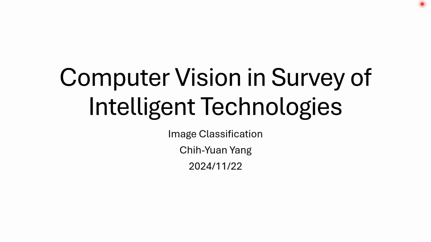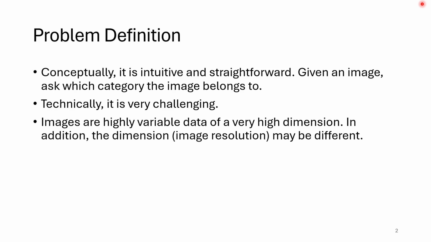And today I'm going to talk about a topic in computer vision, that is image classification. So let's talk about the problem definition. Image classification is for us very intuitive and straightforward. Given an image, we want to know, if there are several predefined classes, which class the image should belong to. However, technically, it is very challenging because